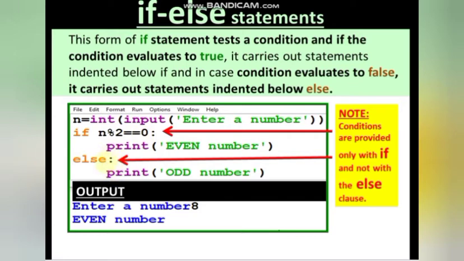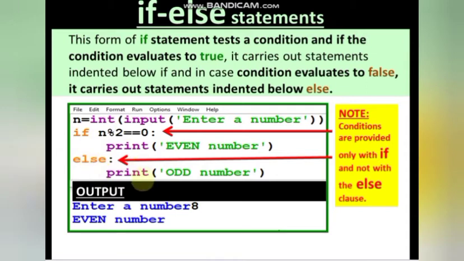So no need to give any other condition over here because if के condition का false होना ही else का execute करना होता है. So always remember this. If the condition is false for if statement, then it will not enter the block of if and it will execute the block of else.